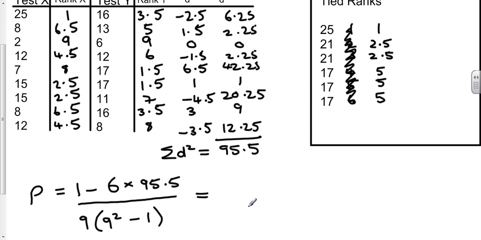And if you plug that together, make sure if you do it on the calculator, put brackets around the appropriate bits, and that gives us a score of 0.20416 recurring, which basically indicates there is a fairly weak positive